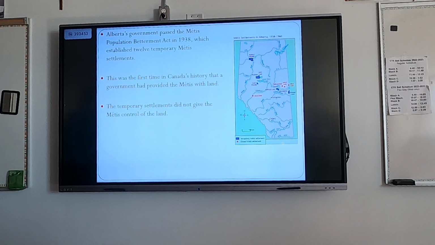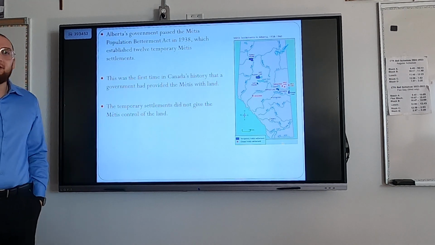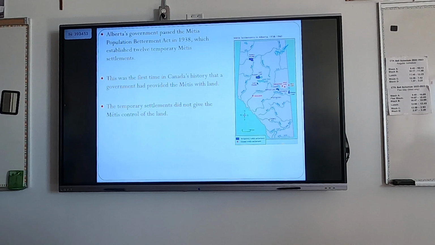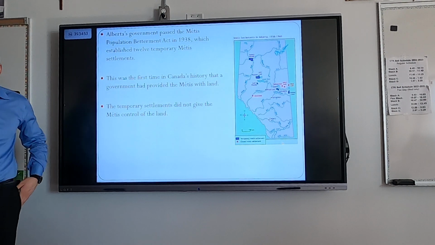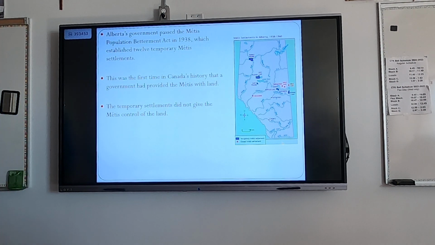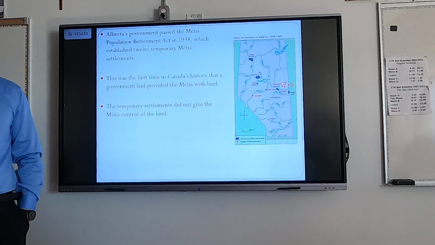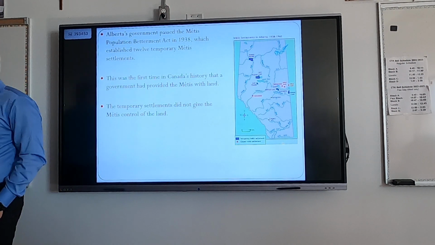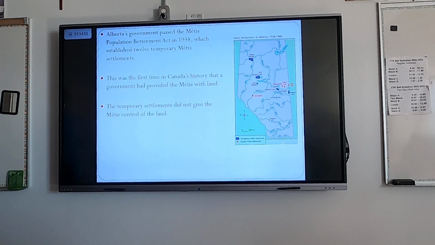The Métis were given 12 temporary settlements in Alberta for them to do as they wish. Okay, they don't exactly have control of the land, but it is their land. If you really look into the history of how the government dealt with the Métis versus other indigenous groups, a lot of things were expedited or sped up. For Métis people, they didn't necessarily face the same amount of struggles